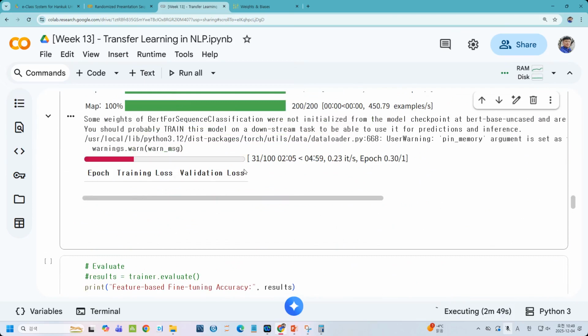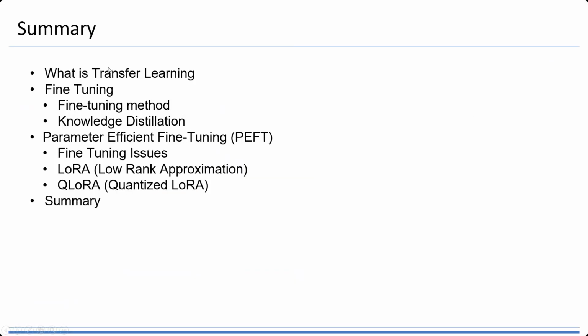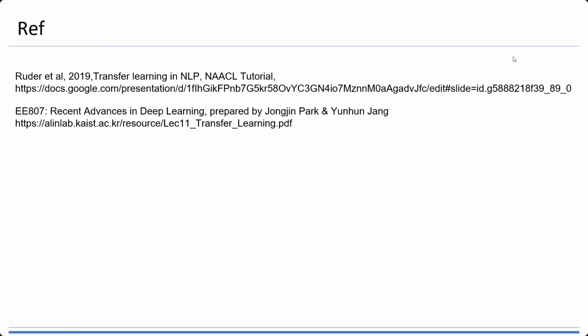Okay, I think that's all for our course. We already did a lot of things. Today we studied transfer learning, fine-tuning, and parameter-efficient fine-tuning. Okay. Yeah, what you will do